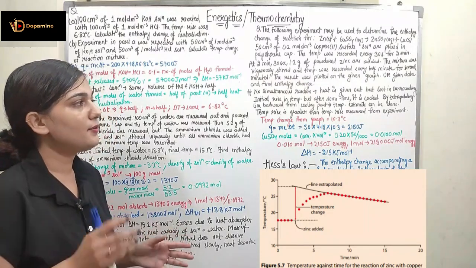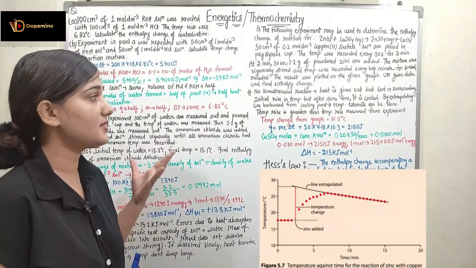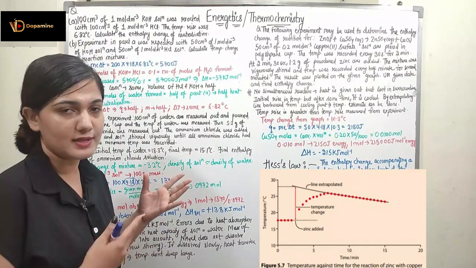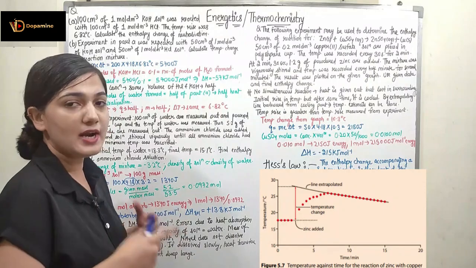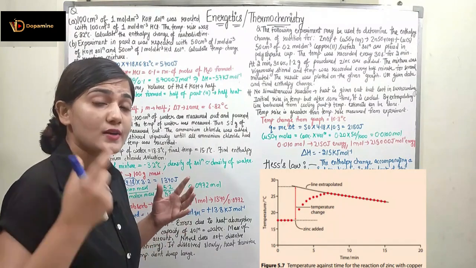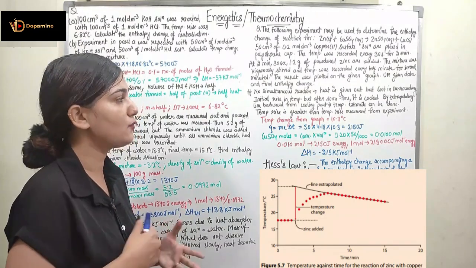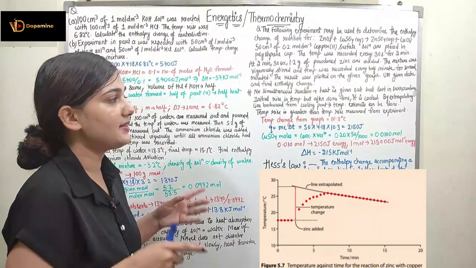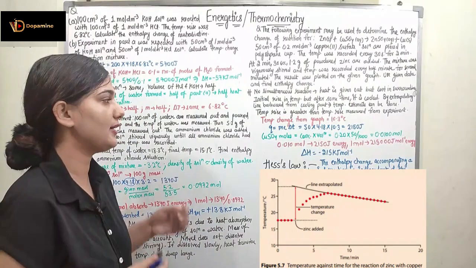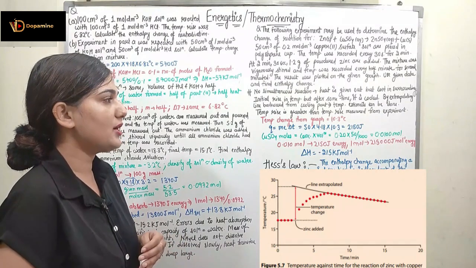So now here we don't have any simultaneous reaction. Heat is given out, but again it is lost to the surrounding. There was an initial rise in temperature, but after some time it cooled, as you can see from the graph. So what we are doing is extrapolating the line backward from the cooling part to find what the highest temperature was. The temperature estimate can be done by extrapolating the line backward from the cooling part. This temperature rise is greater than the temperature rise measured directly from the experiment. And how are we measuring it? By extrapolating the line. From this graph we measured the temperature change, which is 10.3 degrees